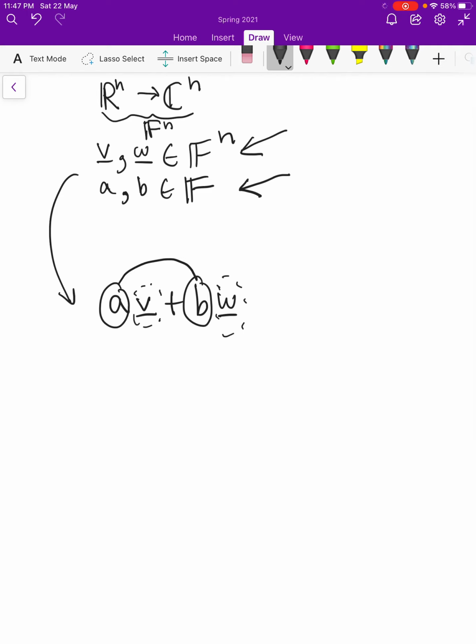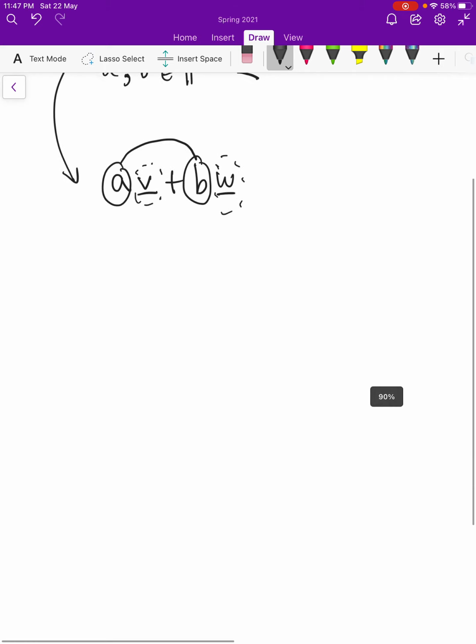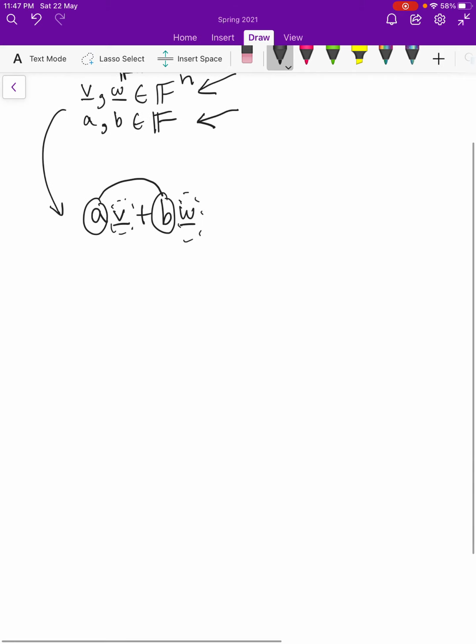It's any combination of a and b with vectors v and w, but this of course extends towards multiple different vectors; you can have many vectors with these different components. Now, a and b are just arbitrary scalar values from the field,